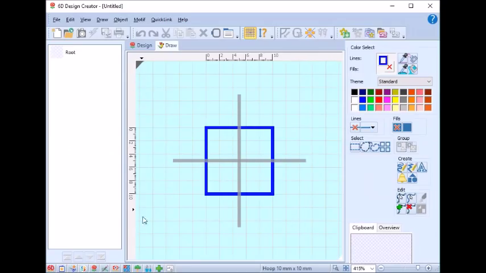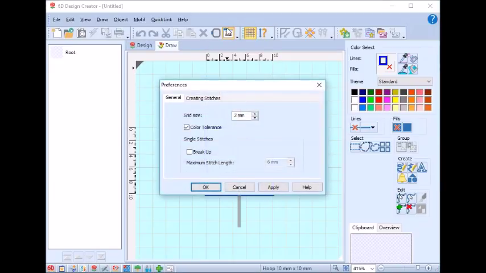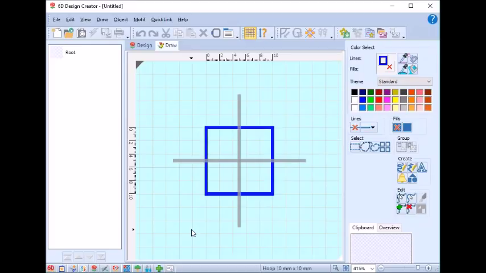And you'll now see this. This is your gridded area. I've reduced the grid size to 2 millimeters. If you look up here, you can see it's 2 millimeters. And the way I changed that was I clicked on the preferences icon and changed my grid size to 2 millimeters. Apply and OK. The reason I did that is because our machines are limited to 9 millimeter stitches